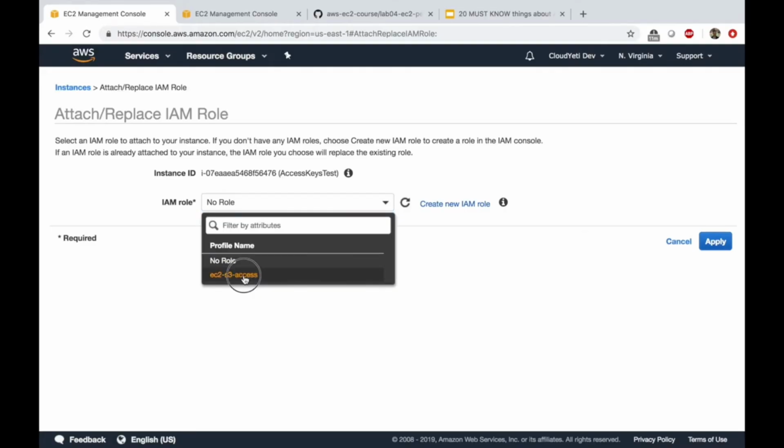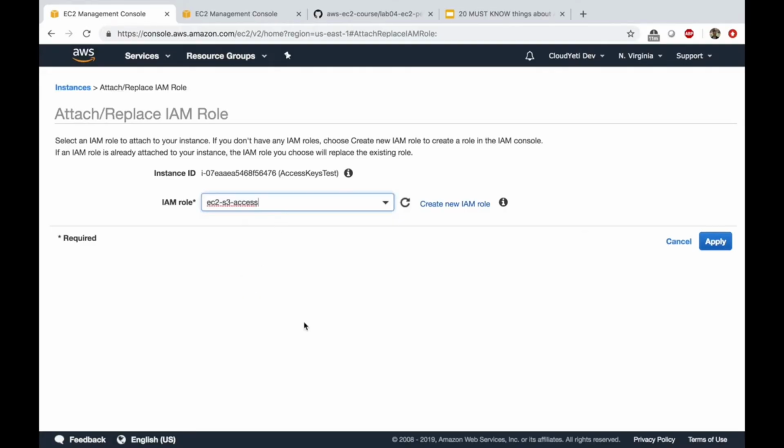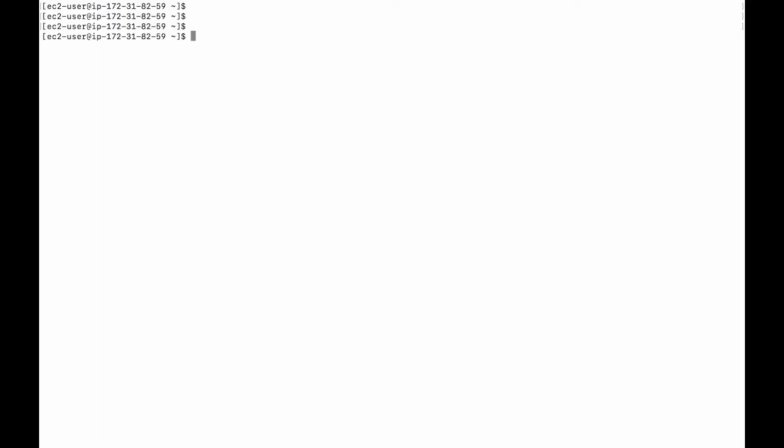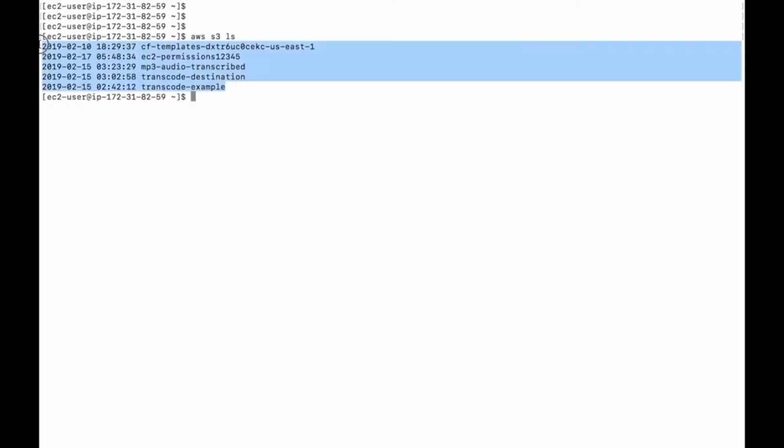Right now we only have one role, so I'm going to select this and apply. Okay, so as soon as this is applied, you can go to your terminal. So once you're back in the terminal of your EC2 instance, you can type aws s3 ls for listing the buckets, and you should be able to see the